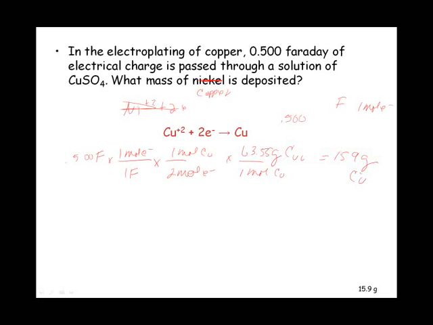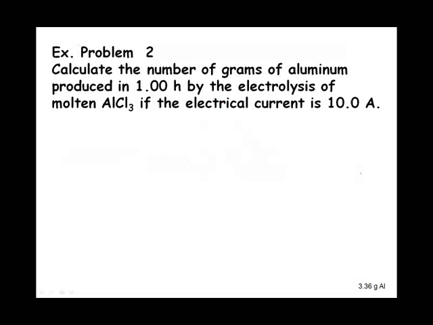Okay, let's do another one. We want to calculate the number of grams of aluminum produced in 1 hour by the electrolysis of molten aluminum chloride if the electrical current is 10 amps. So here I'm going to have Al plus 3 electrons giving me aluminum. I'm going to start with the fact that I have 1 hour,